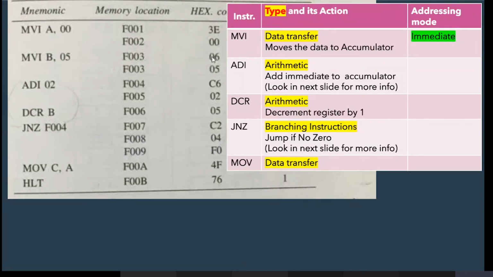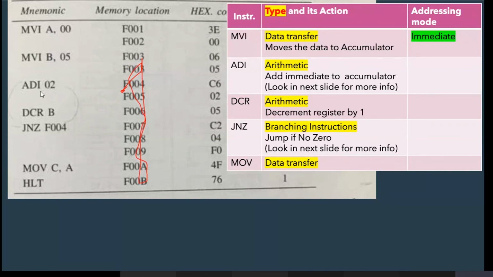Again they have made an error here with respect to the addressing. Why did they make a mistake like this? All the addresses will change now, because they have to follow the sequence 1, 2, 3. After 3 comes 4. A small typo mistake there. So MVI B, 05. Of course, it's a 2-byte instruction just like the previous one. MVI B's hex code is 06, and 05 comes in like that itself. MVI B as such is 1 byte and the 05 is the next byte.